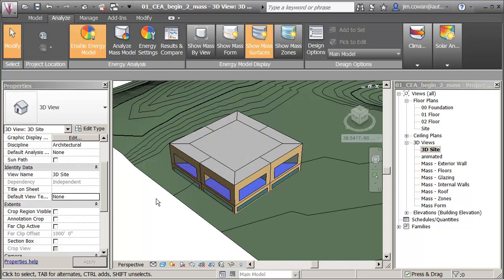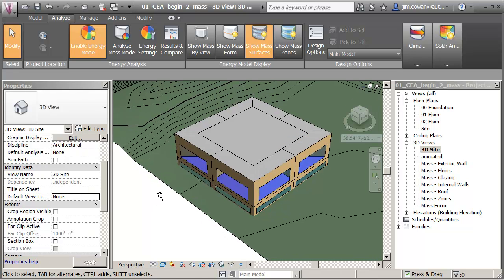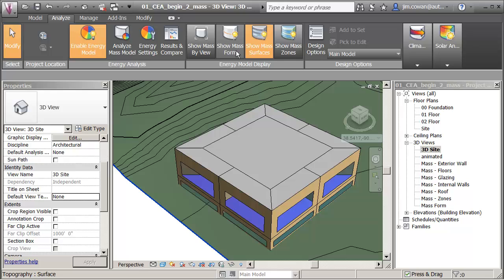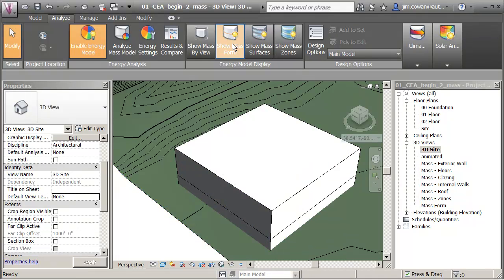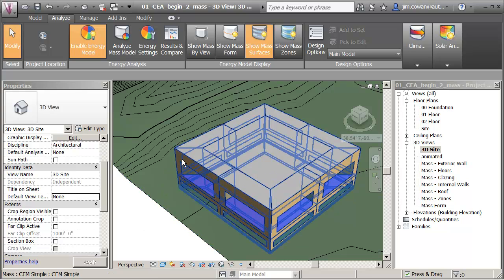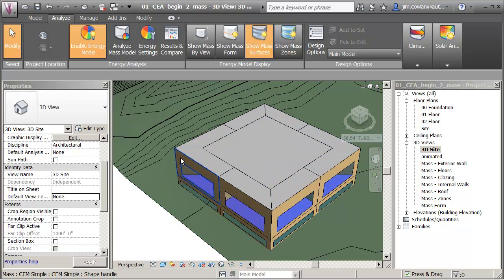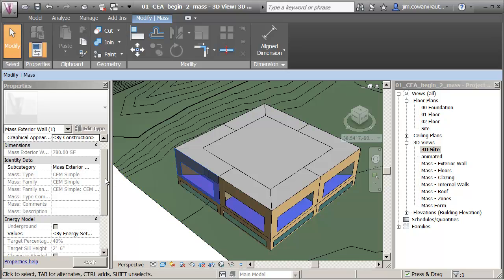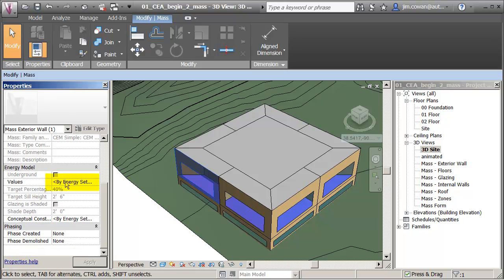Now I can follow on from doing the analysis at the macro level by working in a bit more detail at the micro level. And you see I can control the display by going mass form, surfaces or zones. And if I'm working on surfaces, I can use the tab key to select the surface. I can come down and I can change the value from use the energy settings to let me provide values